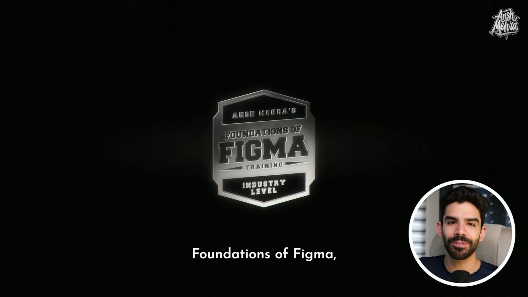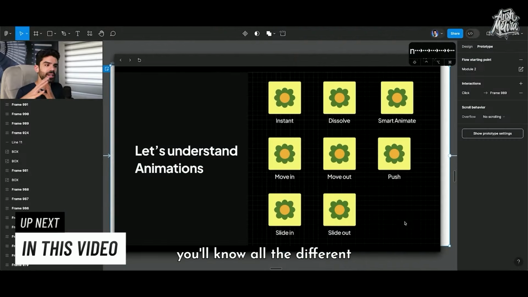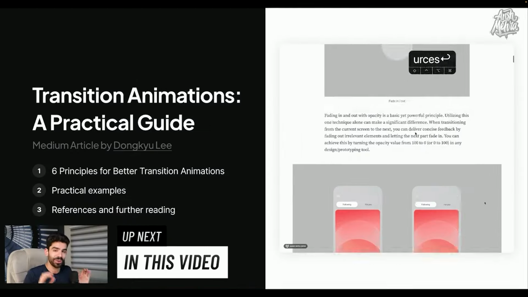Welcome to Foundations of Figma, our most in-depth Figma course for beginners. Today we will learn the basics of prototyping in Figma. After finishing this video, you'll know all the different kinds of prototyping, their practical use cases, and free resources to